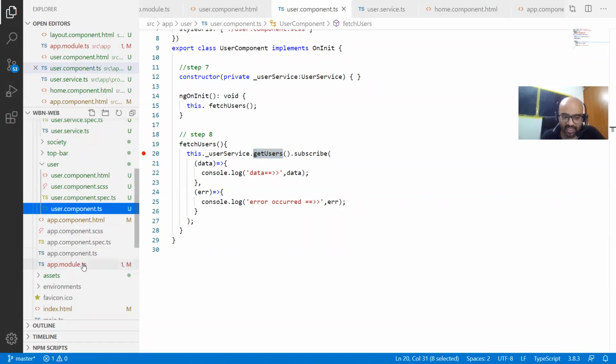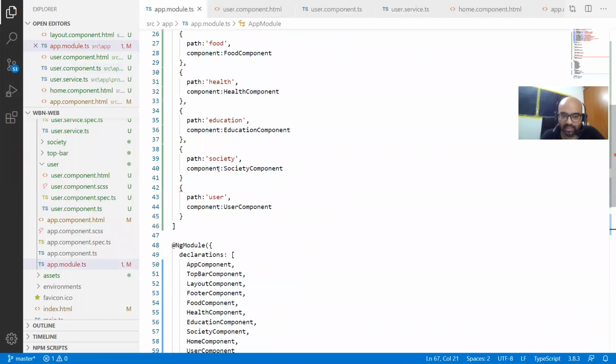We are in the module, correct? In the route table, we already call this route. Yes or no? Yes, sir. It will work, which means I'm anyways calling it dynamically. I don't need to put it in the app component. Correct? Yes, sir. But do I have a route created for it? Do I have a route created for it? Route. That is not created.